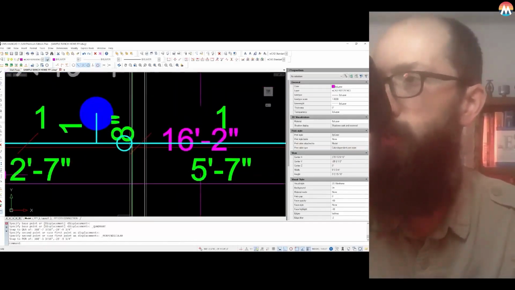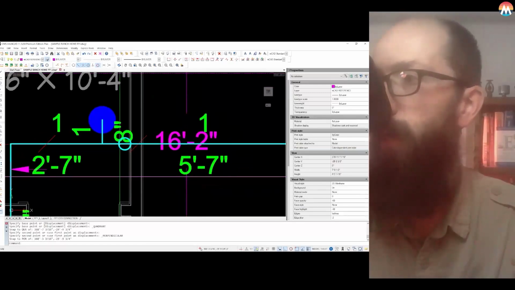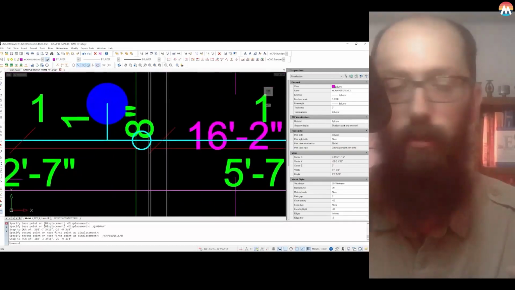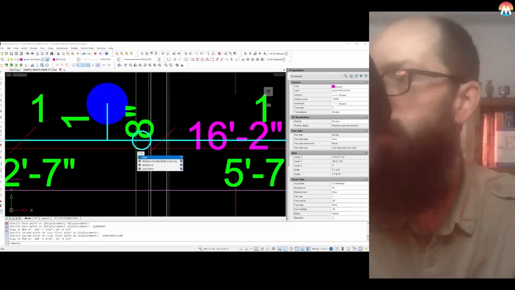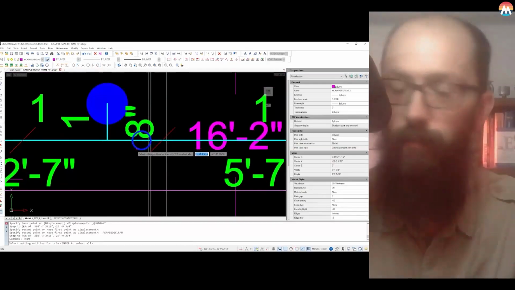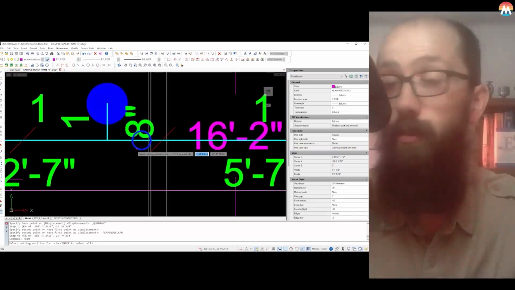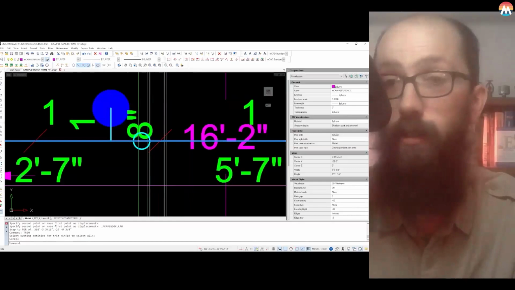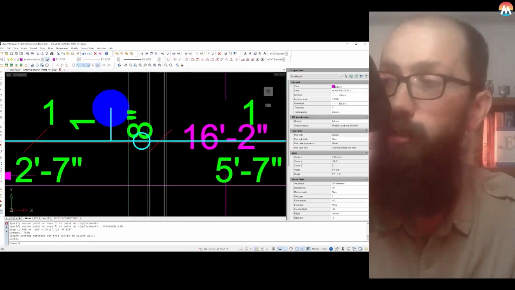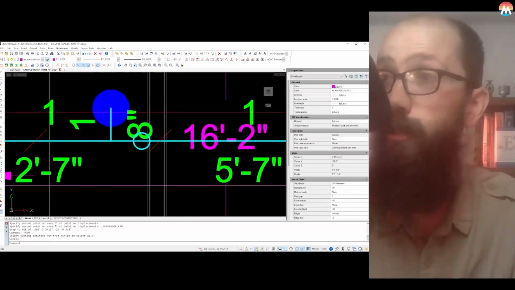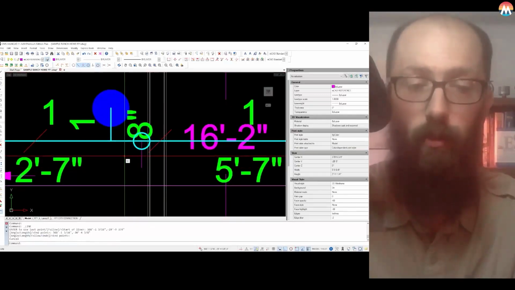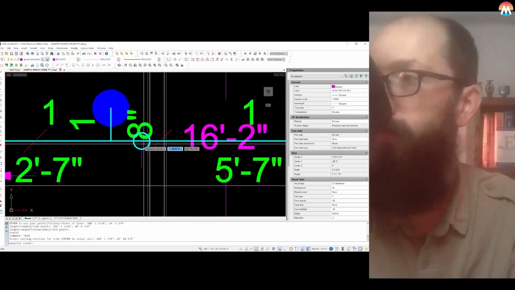So that's pretty close to where we need to be. And we're going to have to modify these dimensions here and trim out this circle. Let's do that. Let's trim out the circle first. Now, the best way to do this would be, so that the pipe, like this is a vertical riser, you would show it just trimmed to the center. Like let me display this real quick. What that would mean